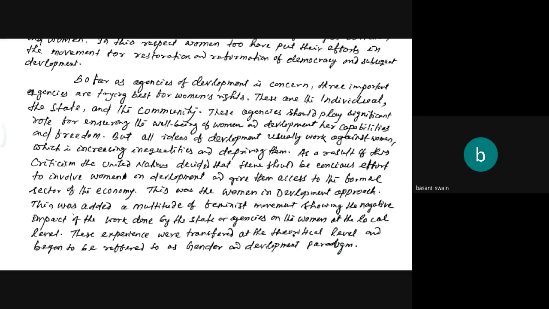This experience was transferred at the theoretical level and began to be referred to as the gender and development program. Gender and development paradigm. So anyway, it advocates a look at the decision-making structure of development, which was structured along